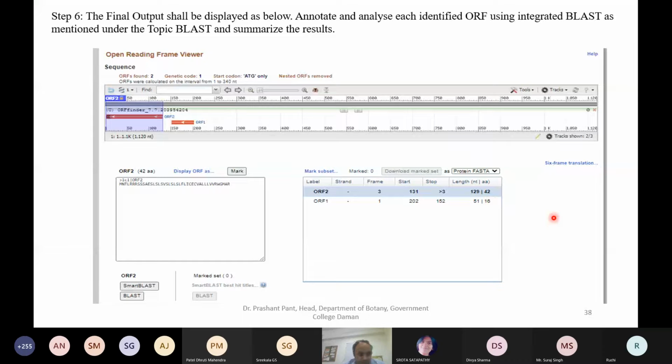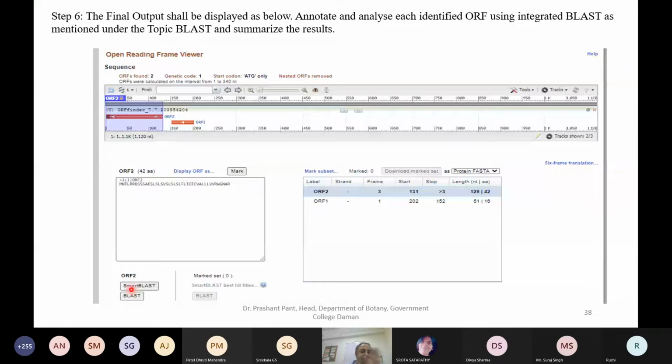So the strength of ORF Finder, the strength of BLAST, lies in the number of reference sequences which are there in the database. If the database is poor, your BLAST result will not be very significant. It will not be very good in terms of e-value, and the score will be very low confidence. And that will tell you that you are working with either something new, or something very common, but the database is not rich in that. And that basically is all about the ORF Finder.